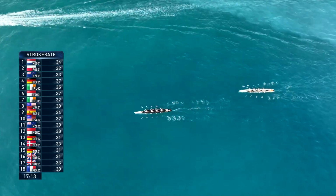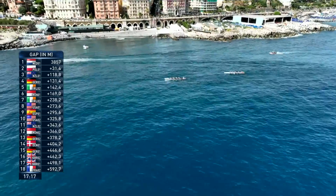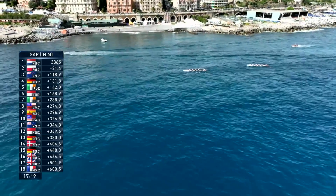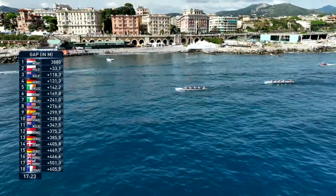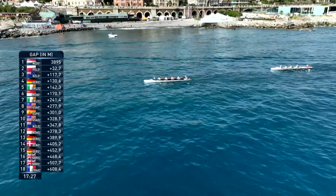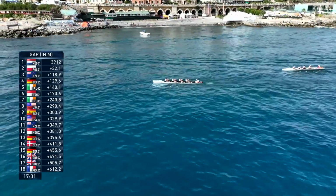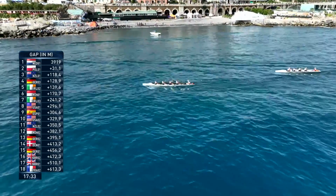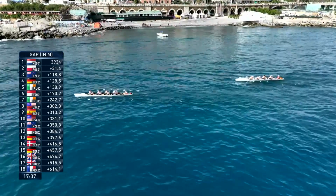But look at this from Netherlands. We knew they were going to be strong. We knew they were going to do very well. Poland have done amazing here in this race. Definitely, to be winning for pretty much three quarters of the race. Unfortunate to be overtaken by Netherlands, but to be in second position here now, that crew from Poland are going to be very happy. It's a massive result for the Polish crew, and as we were saying all the time,